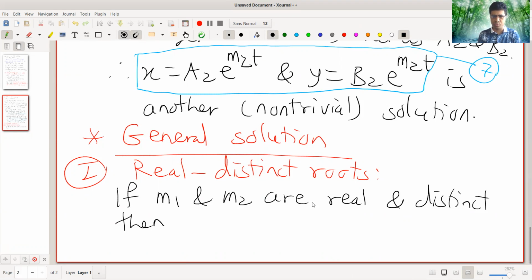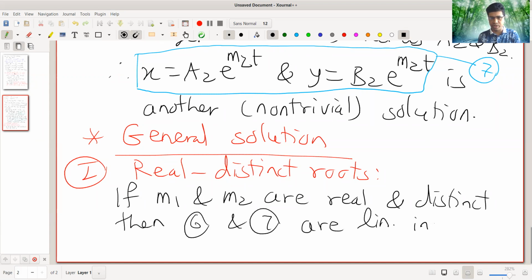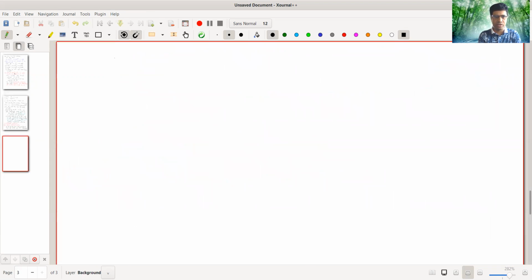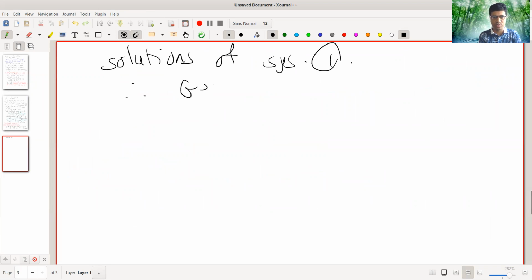If m1 and m2 are real and distinct, then 6 and 7 are linearly independent. Okay, it can be said easily. Linearly independent solutions of system 1, and therefore the general solution is